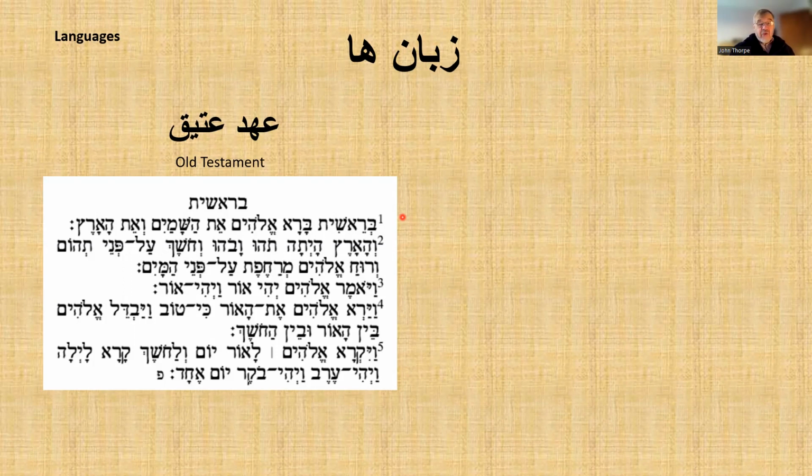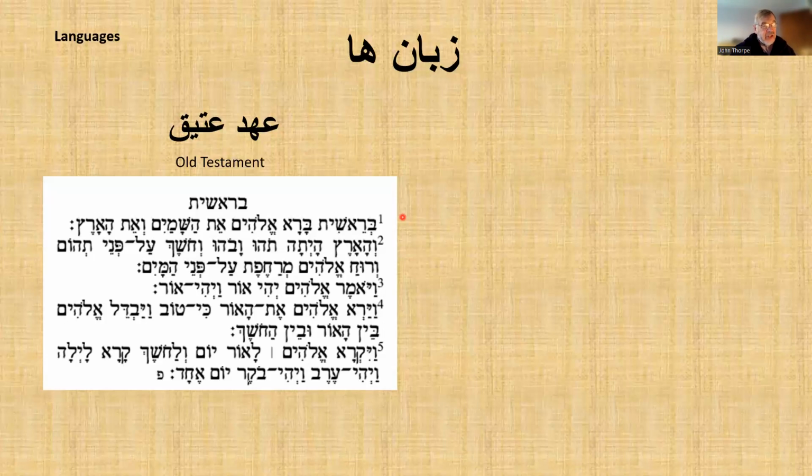It's a language that's quite like Hebrew. It's perhaps as similar as Dutch and German are to one another, but nonetheless it's different. Maybe there are different accents. Well, it's not just a different accent. The actual words are different, and even the grammar changed a little bit.